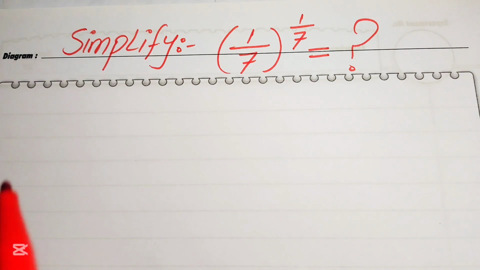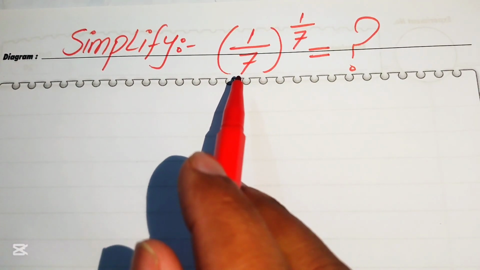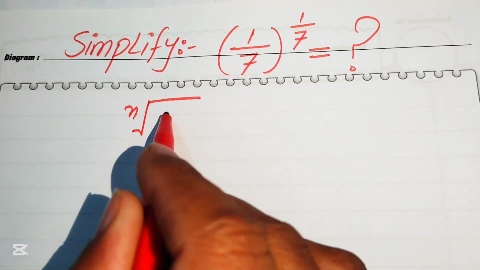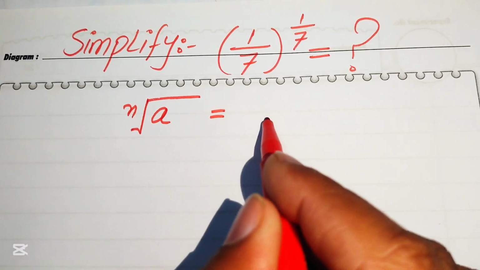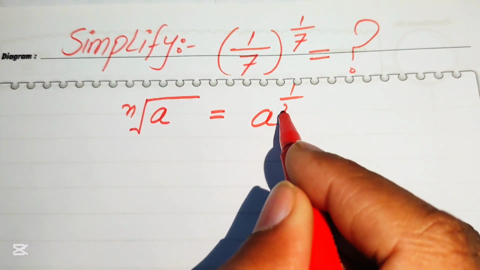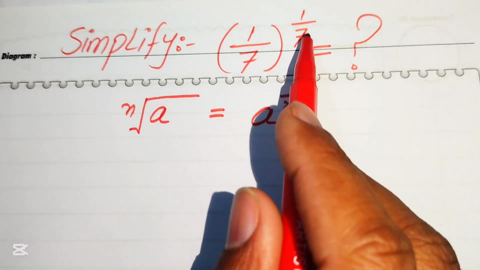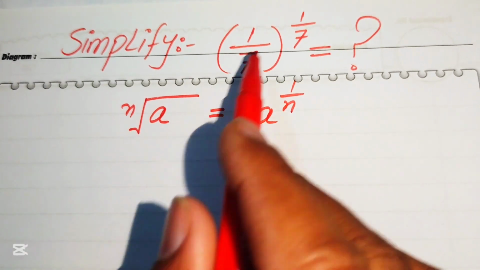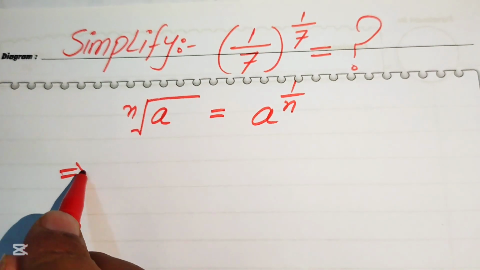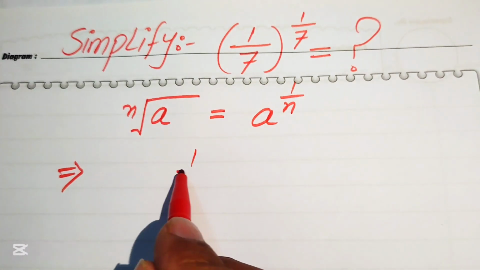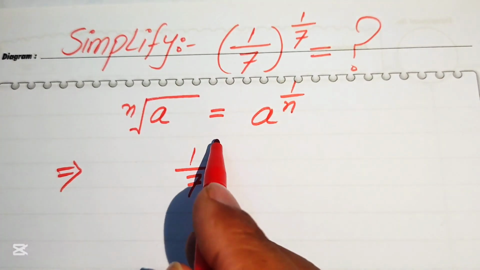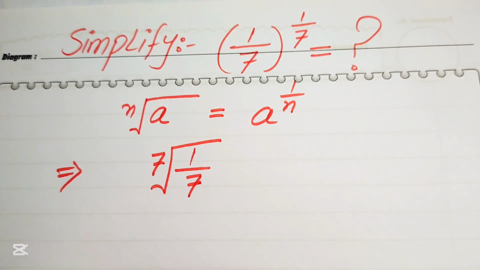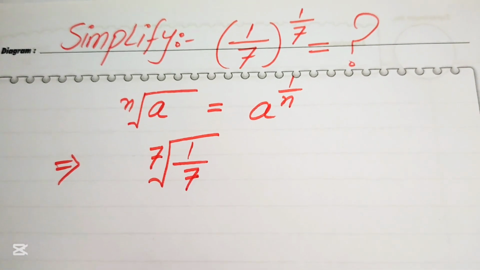Here first we write this into the radical form by using this radical law. You know that if you have nth root of a, we write it as a to the power of 1 over n. It means that if you have 7 to the power of 1 over 7, we write this as the 7th root of 7. So our base is 1 over 7, and we write it with the 7th root in this way. After this step here we need